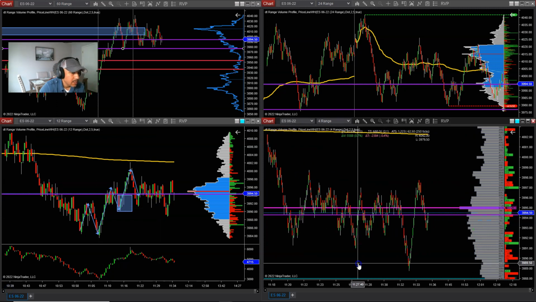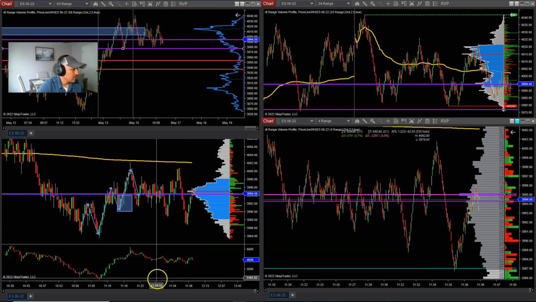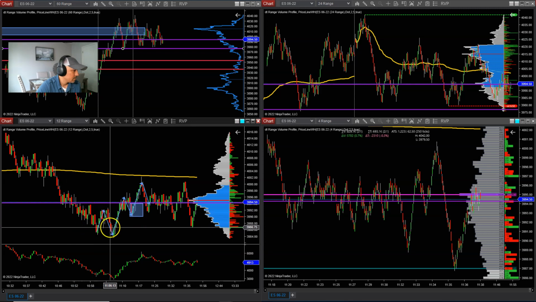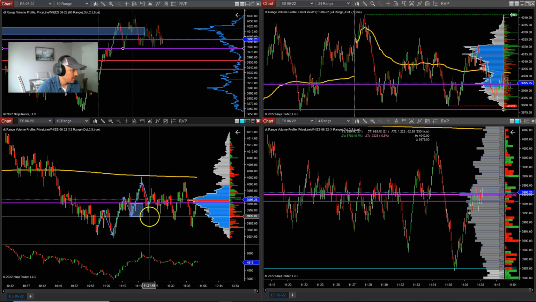All right, right here. Let's see. It looks like price came down and ran down, tested this area right here. But be careful because